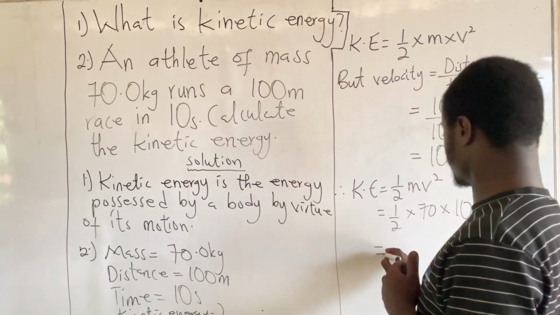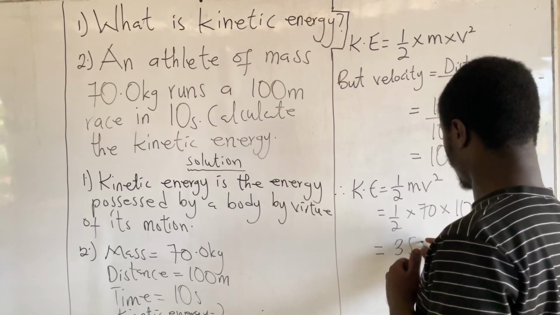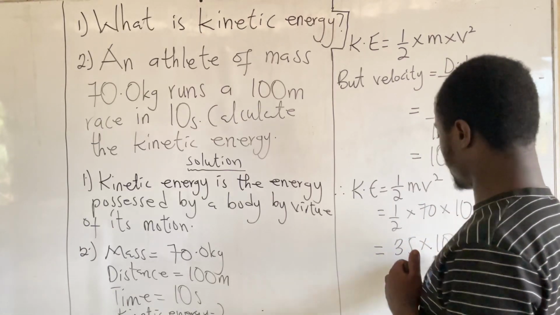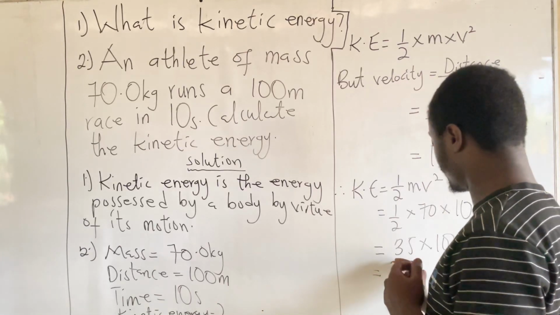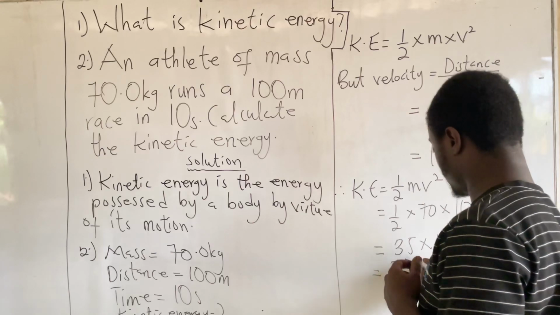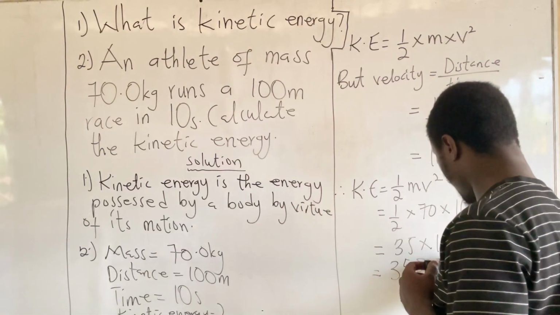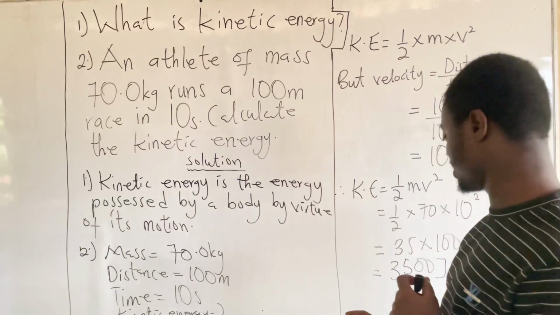Now this is going to give us half of 70 is 35 times 10 squared. 10 times 10 is 100. And then 35 times 100 will give us 3,500. And then energy is measured in joules. So capital J here. So the kinetic energy of the athlete is